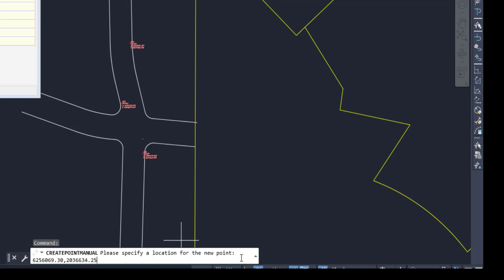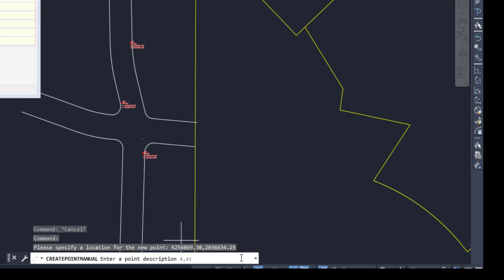Once I've entered those coordinate values in, I'll hit enter to enter them, and I'm prompted for a point